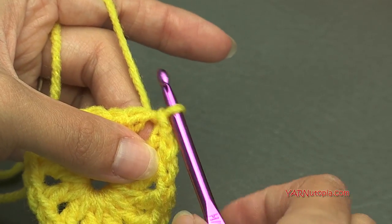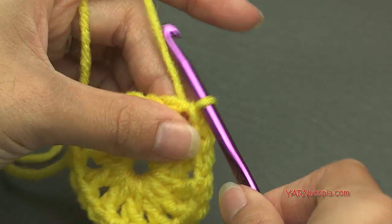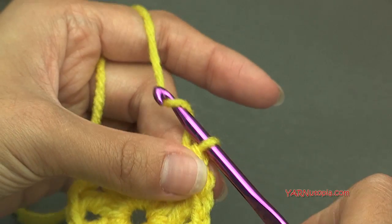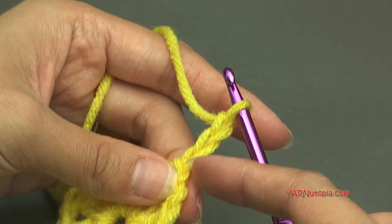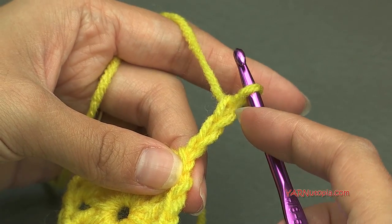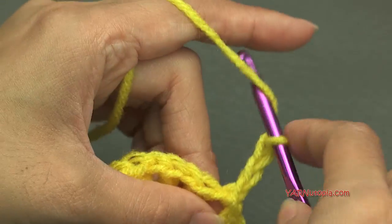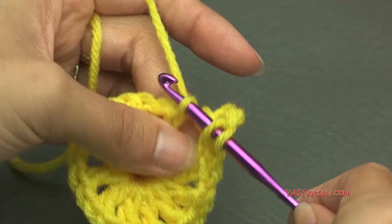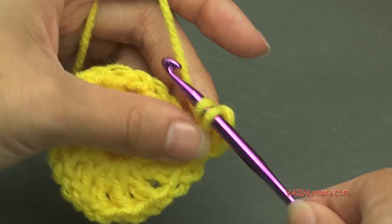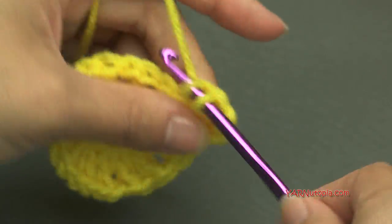Okay, so now we're in the chain 1 space, and we're going to make a popcorn stitch. So we're going to chain up 3, 1, 2, 3. That's going to count as our first double crochet of our popcorn. And now we're going to put 4 double crochets into the same chain 1 space. So yarn over, go into the chain 1 space, yarn over, pull through, yarn over, pull through 2 loops, and yarn over and pull through 2 loops. So that's 1,